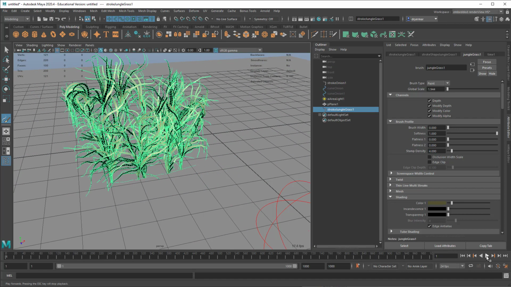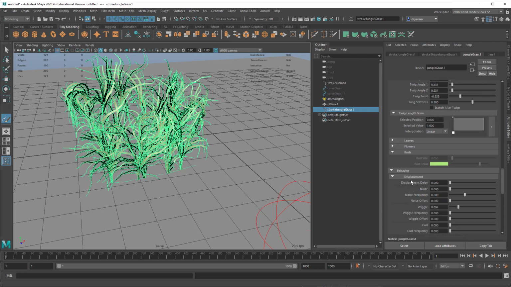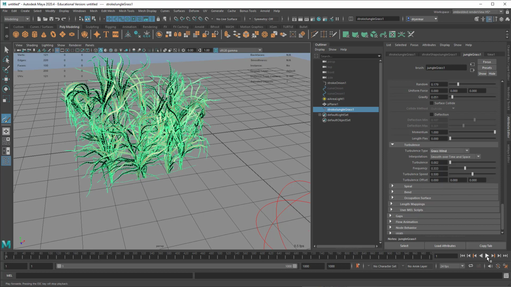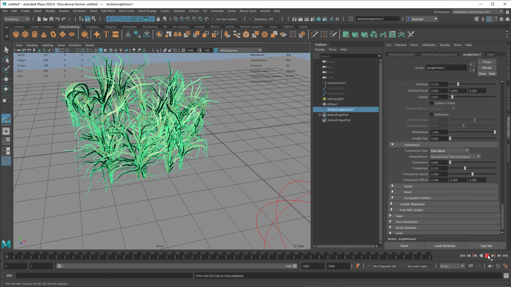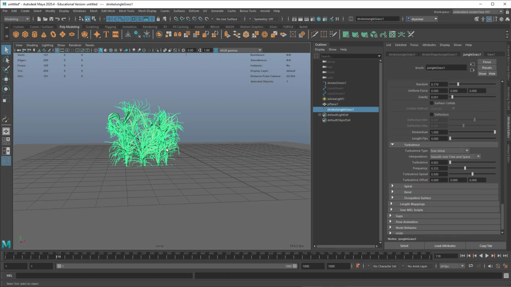Now this could have animation built in. No. So this is one of the inconsistent things, but if we go into turbulence, I think it's turned off, so we turn on grass wind. Okay, so that is actually working. Tree wind. Okay, so if you're building an underwater scene or something and you needed this, this is pretty handy for background elements. So again, if we just select this and go to Modify,